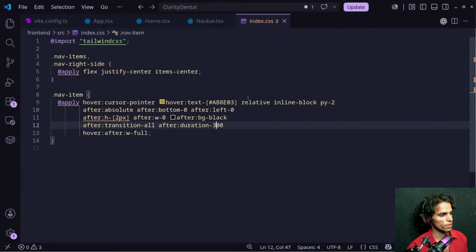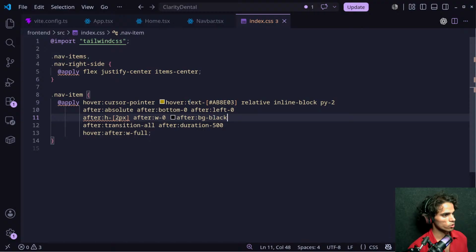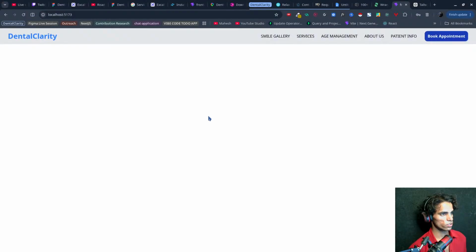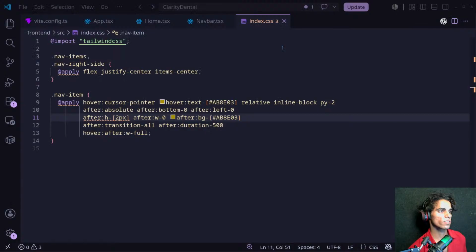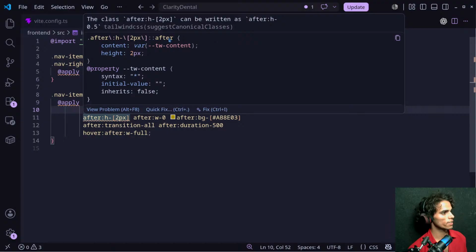Okay, I will make it 500 and the color should be this. Basic color should be this. Okay, the same for these two. Okay, this is great. And after we can also write this as 0.5.